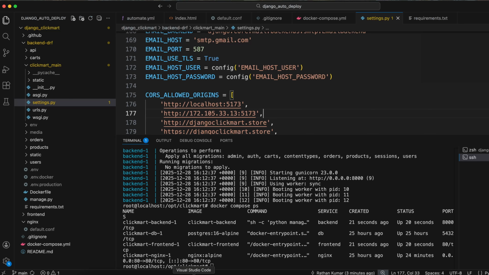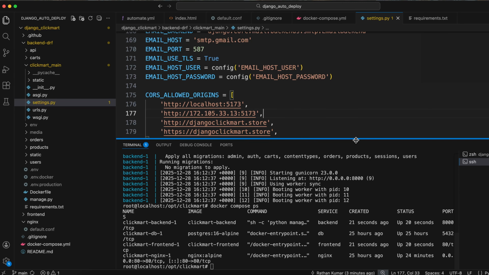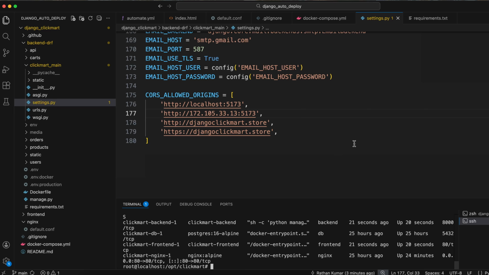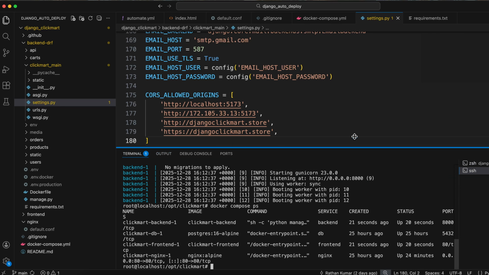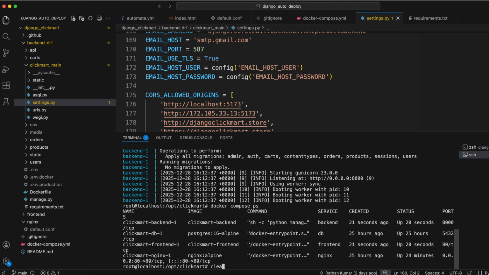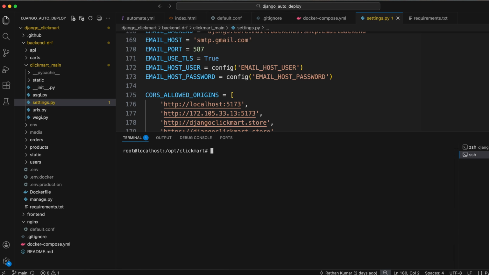All right, so to fix this, there are two small changes that we need to take care of. One is from the local and another one is from the server itself. Why the server itself? Because Nginx is actually loading from the server, right? So let's go to this, just a nano nginx